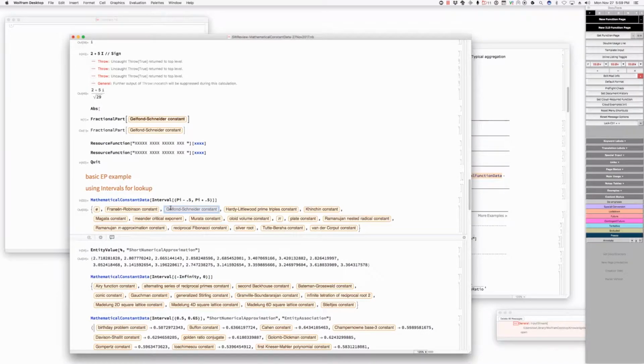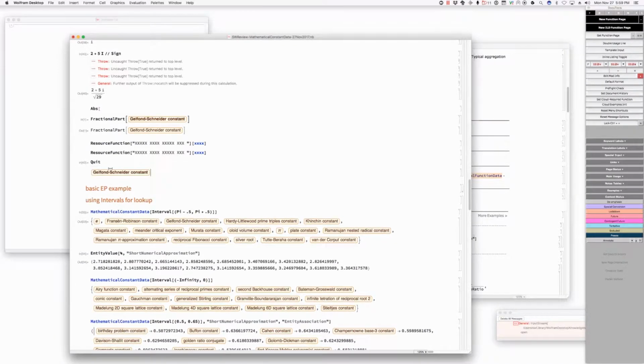You mean a symbol that parameterizes the function? No, it's not a symbol. It's not an actual symbol. Are you looking at the screen here? Yes. It's a thing that is like one of these things. These are entities. Right. And the question is, so what we're doing in the case of resource function is we